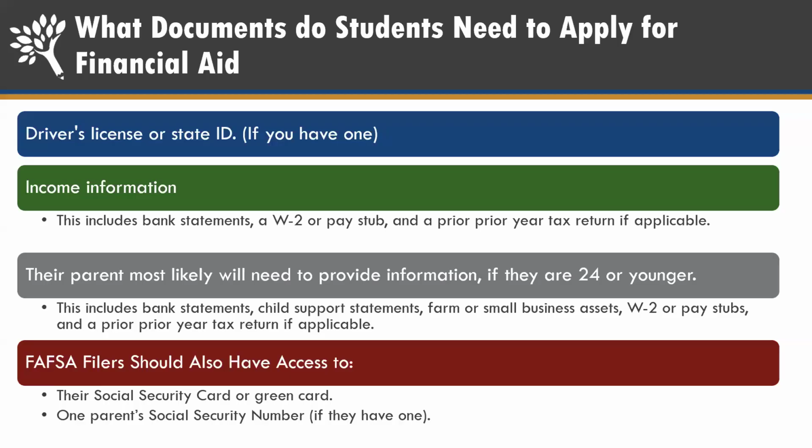Income information. So bank statements, W-2s, pay stubs from prior year taxes. So from 2024 year income, if applicable. So if the student maybe worked but didn't file taxes, their W-2s will be helpful. The parent is most likely going to need to provide information if the student's under 24 because the student is dependent. We'll talk more about that in a minute. But this is going to include parents' bank statements, child support statements. If they have